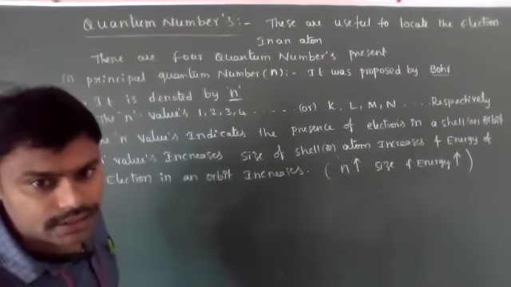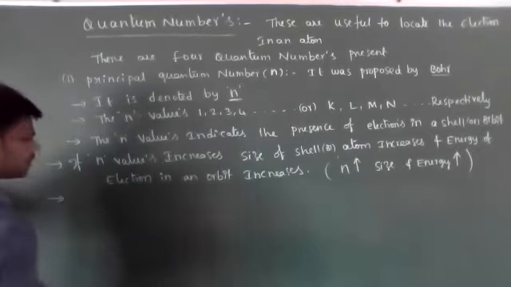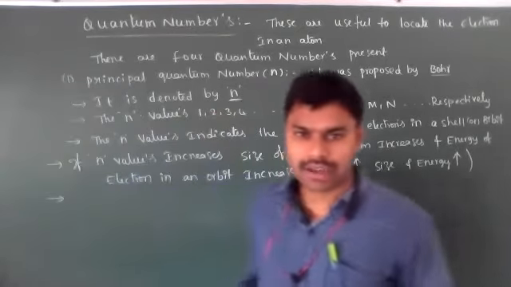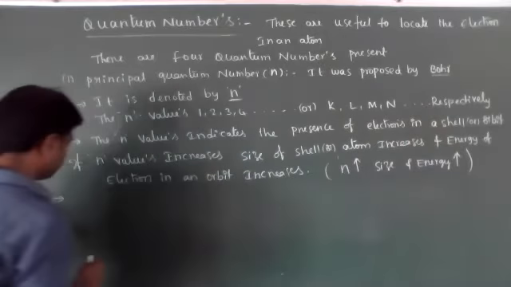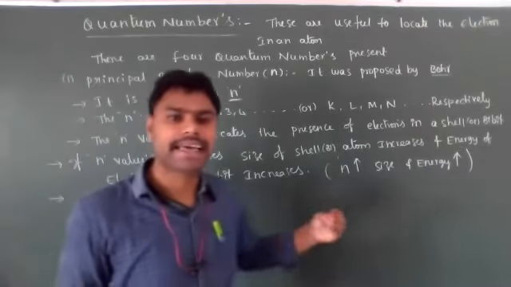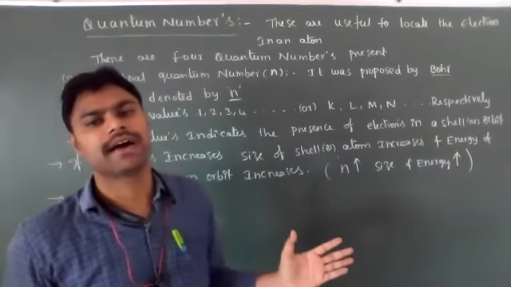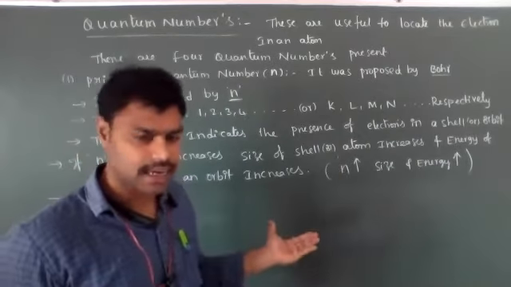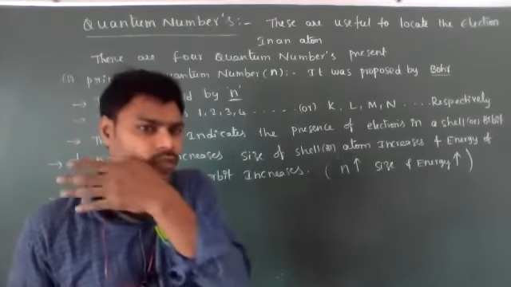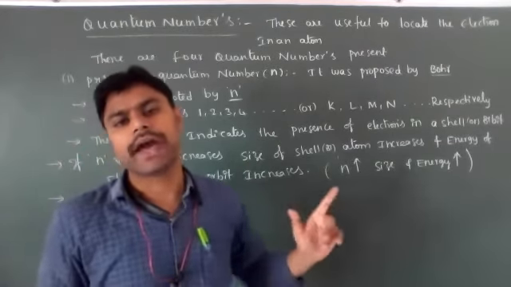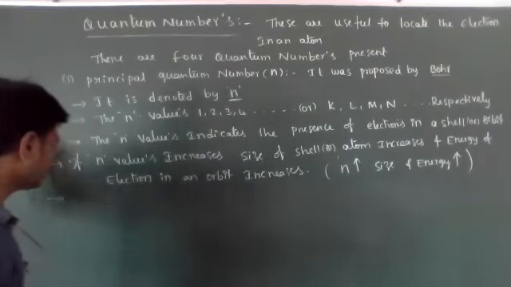The next important one is, we know very well, the principal quantum number also explains how many subshells are present in a main shell, which is equal to n. How many orbitals are present in a shell is given by the formula n square. The number of electrons in a shell is 2n square. So that is also given regarding these n values.